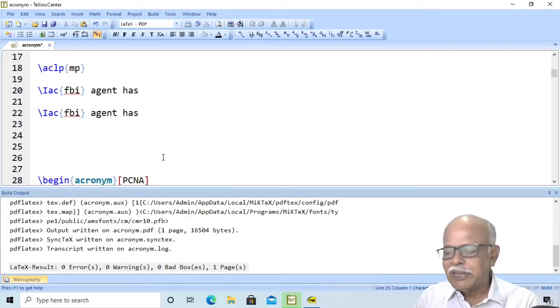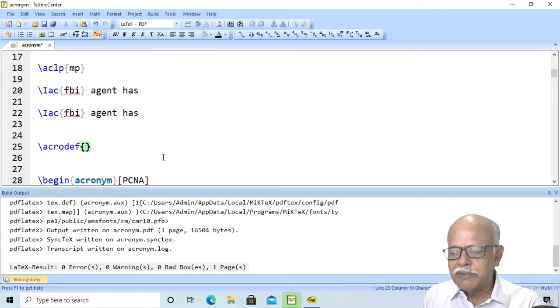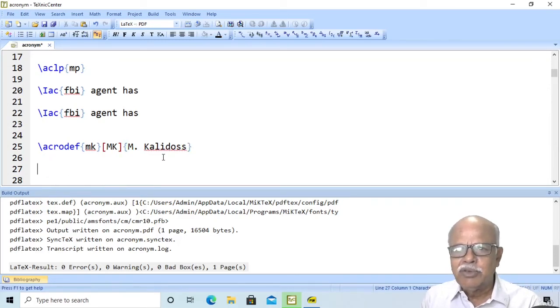At the same time, you would like to have a particular acronym not appear in the list. Let us say, in that case you can use \acrodef{MK}, the shorter form is capital MK, the longer form is M. Kalidas, myself.